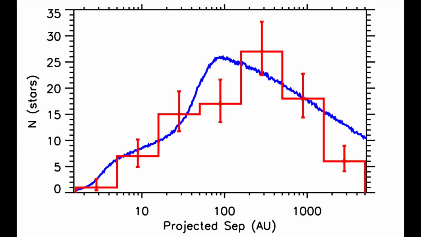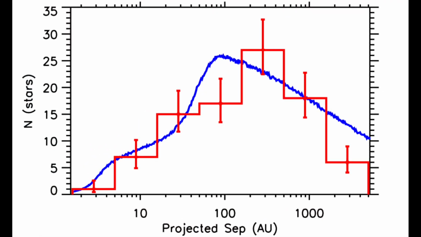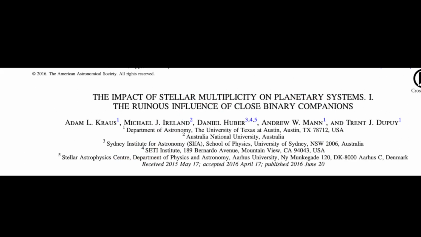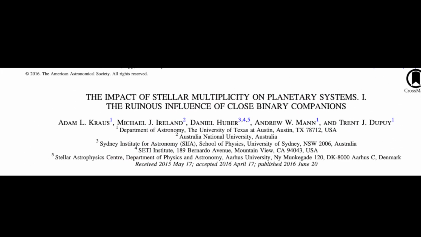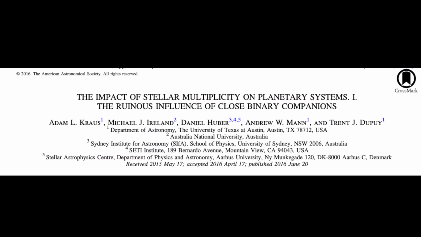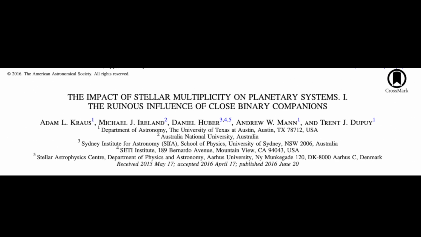While we've observed many planet hosts with binary companions, when we start to look at demographics, we see that close binary systems are far less likely to host planets. Krauss et al. 2016 surveyed a number of candidate planet hosts, looking for binary companions at less than 50 AU. Where they expected to find 58 binary companions, they found only 23.